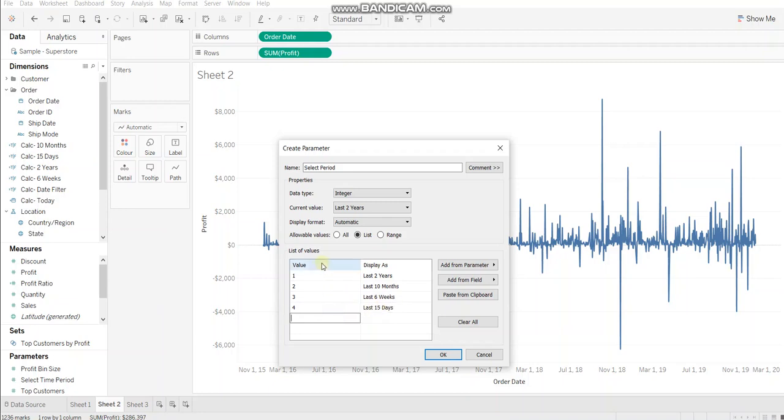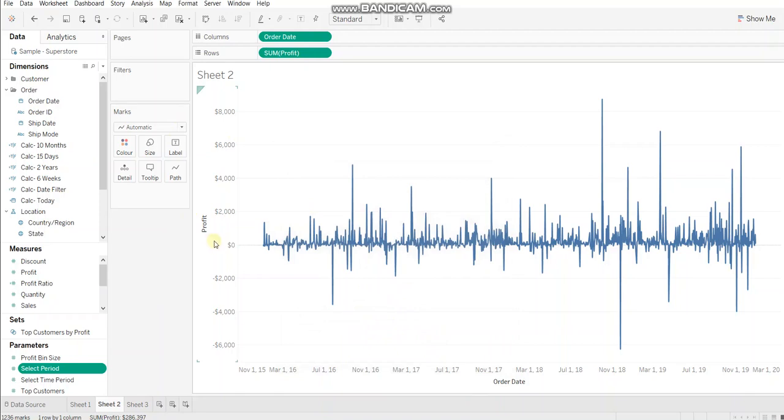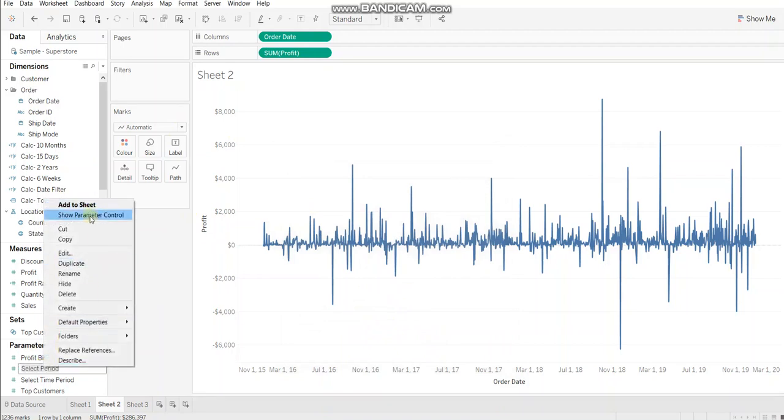If you notice, I have used integer values instead of using the entire name here because I'm certain that I'll be using these names in further calculations. So instead of making this cumbersome and using the entire names again, I have associated these names with integer values. So whenever I would want to reference these names, I'll just use the integer value. A prerequisite here is whenever you use this kind of method, always remember which integer value specifically is associated with what name. Now click OK. So we have the parameter ready, show parameter control.